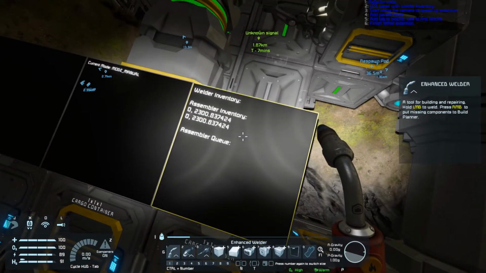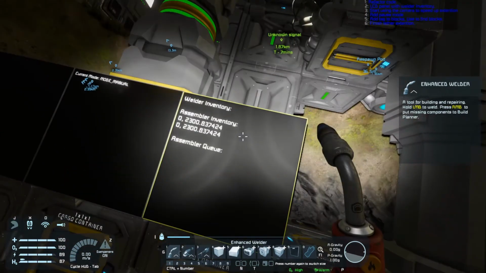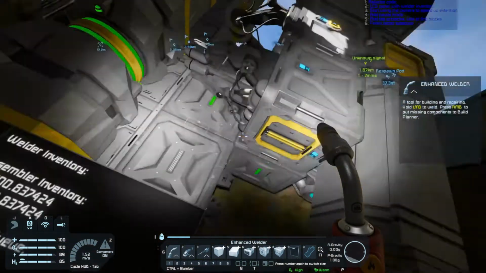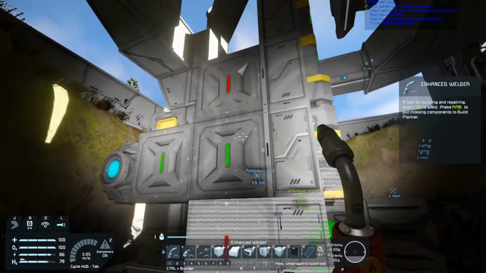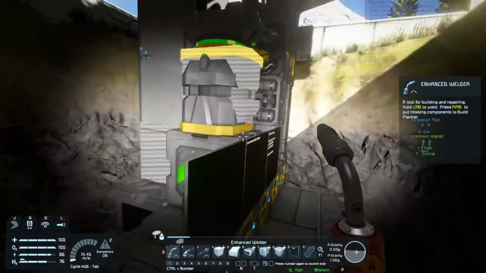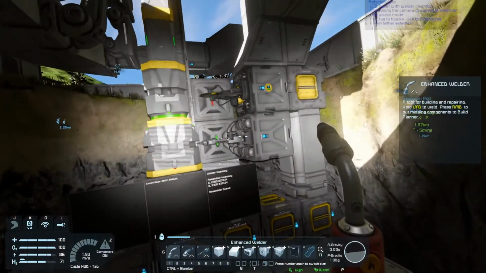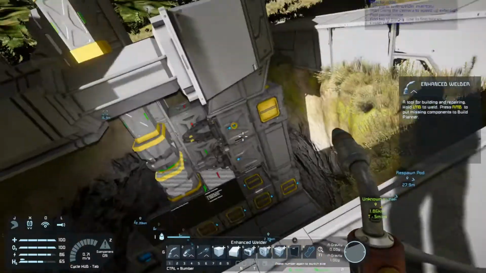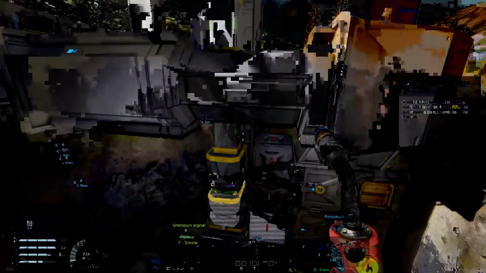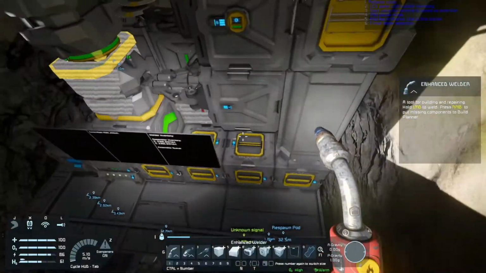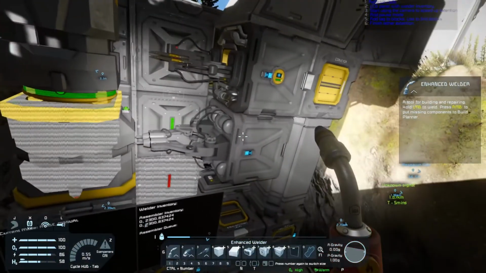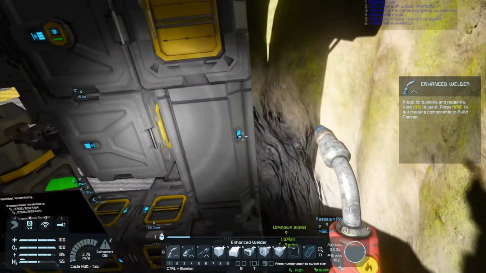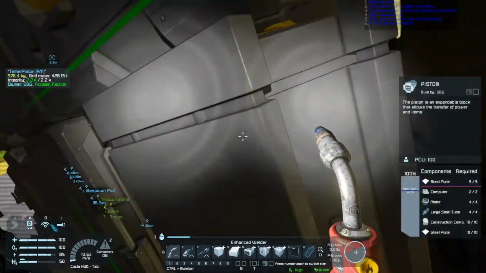Assembler inventory. We've got something in there, but it's not showing exactly. Did it already go down one? Oh. So there seems to be a problem with the logic going down. It's deciding to retract too early. So let's fix this first. What I need to do is push this back up. So I need to, first of all,